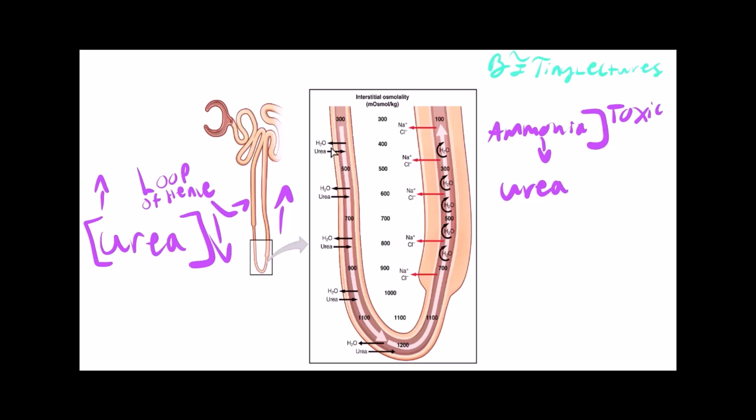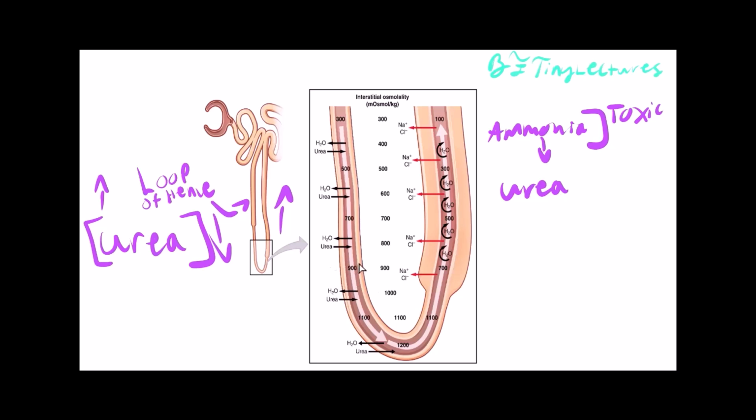But urea is going to go from a high concentration into a low concentration. So as we go down in the descending loop of Henle, the urea is going to start building up. So when we're losing water, the concentration of the solute increases. So we go from 300 to 500 solutes to 700 solutes to 900 solutes,